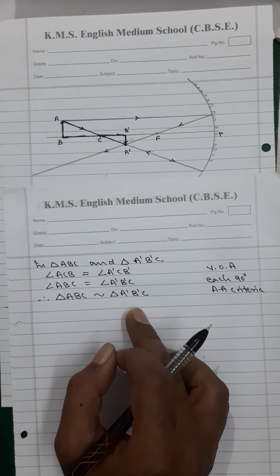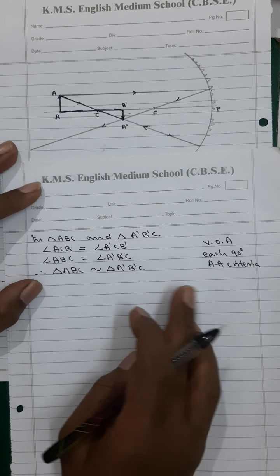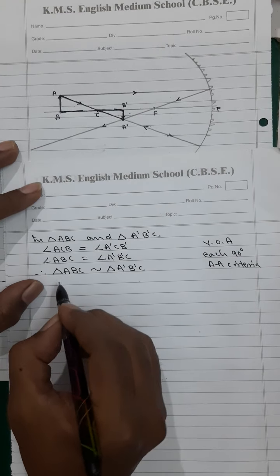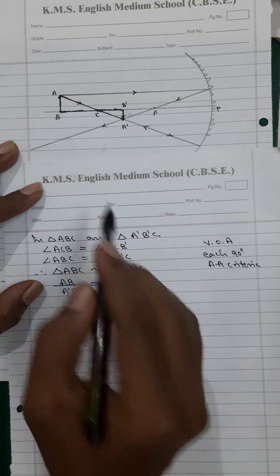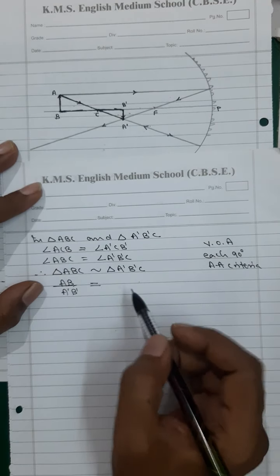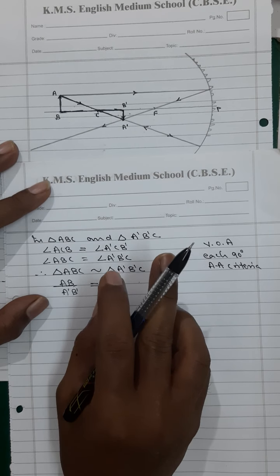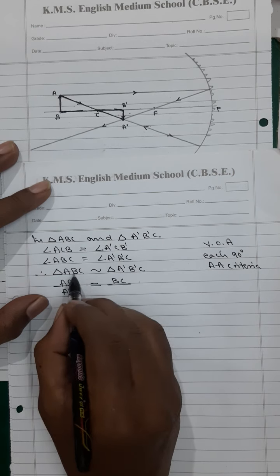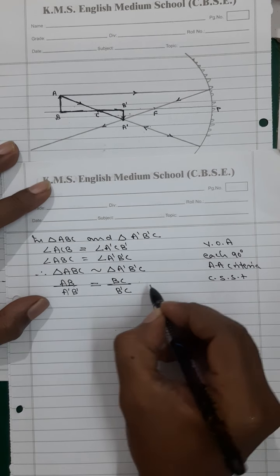That's why I told you that you require the knowledge of triangles over here. Correspondence is supposed to be maintained. And now you will use the property of corresponding sides of similar triangles. So you will get AB upon A dash B dash is equal to, you will take the principal axis BC. AC I am not going to take because it is basically the incident or reflected ray. I want an object side, image side, and the side on the principal axis. So that will be BC upon B dash C because corresponding sides of similar triangles. This is your one.